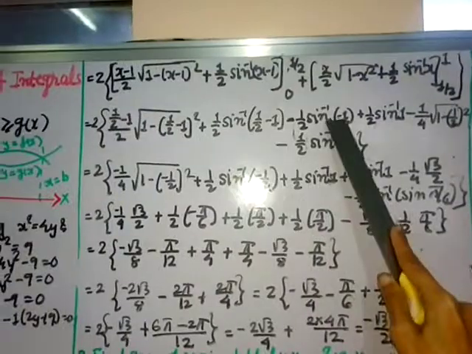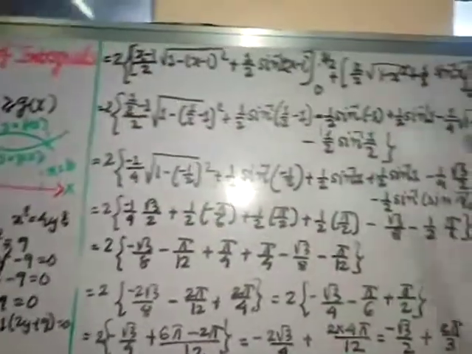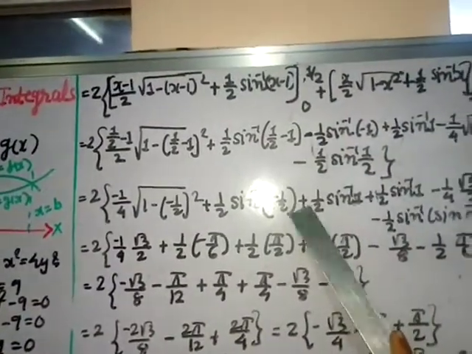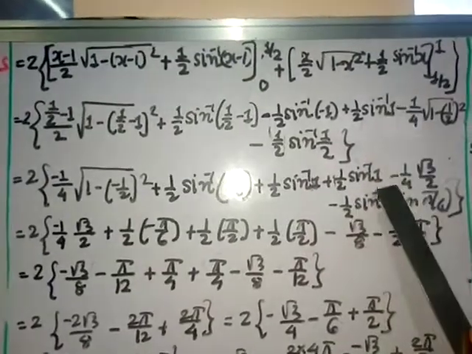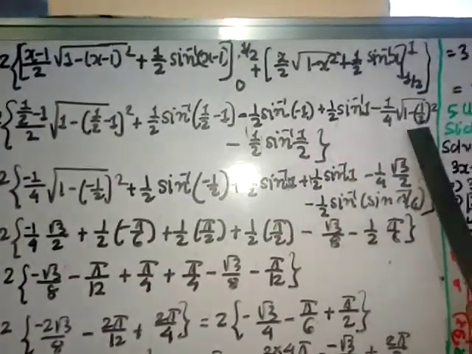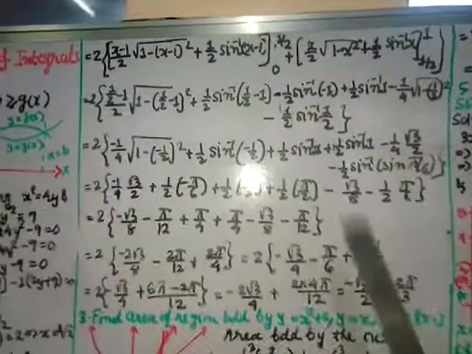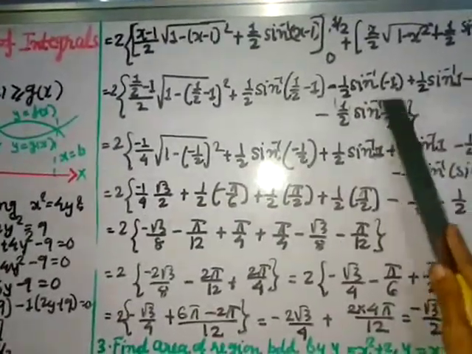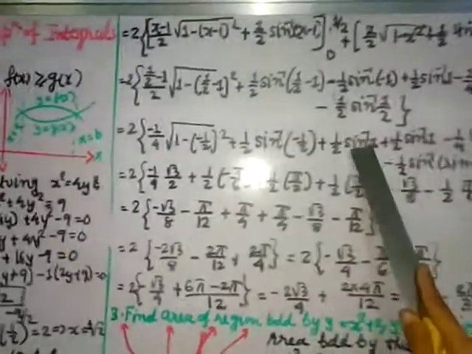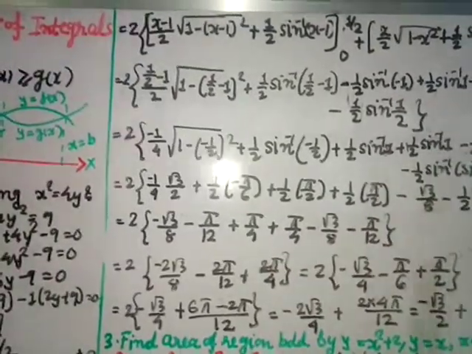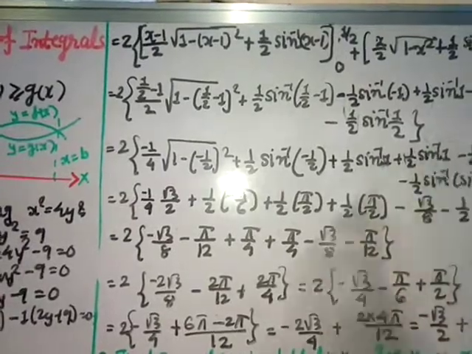Okay, plus here, see this minus, we use the inverse trigonometric property, and that's why this minus will come here and add up. So plus 1 by 2 sine inverse 1 here as it is. This is minus 1, and this, when you take LCM, 1 by 4. Okay, 1 by 4 minus 1 is root 3 by 2. I am taking out of the square root also. And this 1 by 2 can be written as sine pi by 6. Okay, sine inverse sine will cut. Here sine inverse 1 will be given as sine pi by 2. Sine pi by 2 value is 1. So here pi by 2, here pi by 2 value.